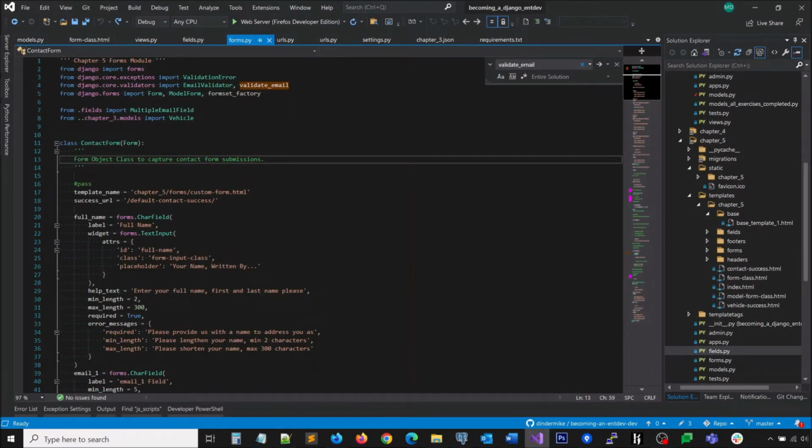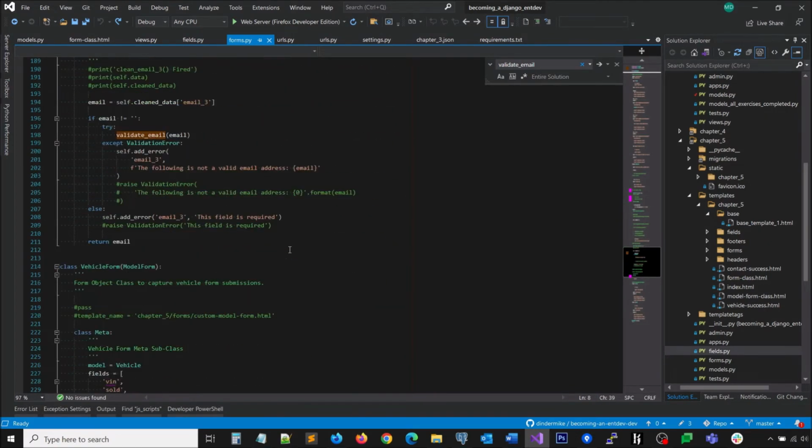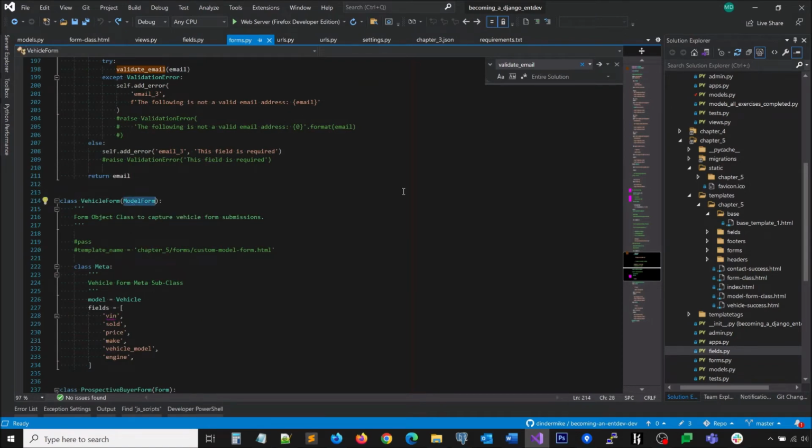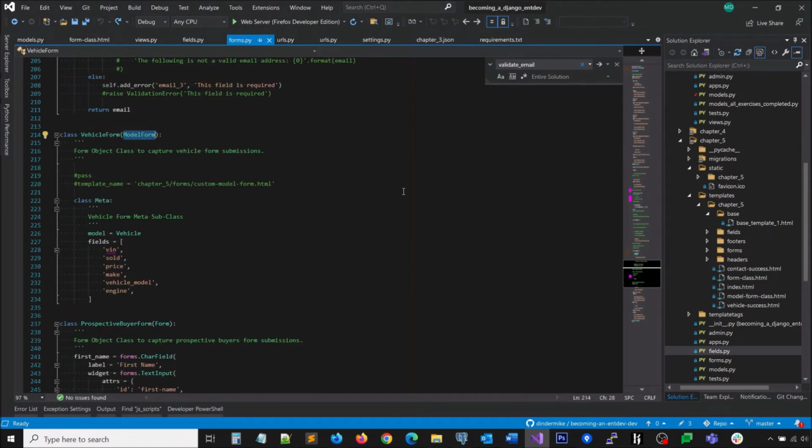In this video, we will be linking models to forms with the create view class. And so in our chapter 5 forms.py file, let's go ahead and make sure we have the model form class imported from the Django.forms library. And we will also need our vehicle model class that we created in our chapter 3 models.py file. And we will be creating a class called vehicle form that inherits the model form class that we just brought in. And here all we really have to do is define a meta subclass,